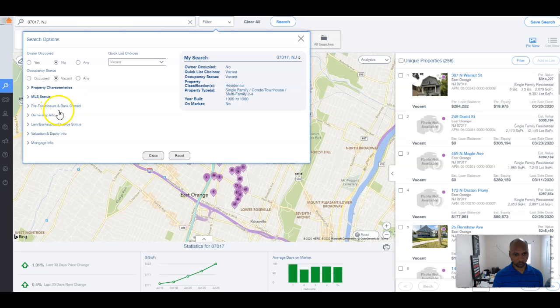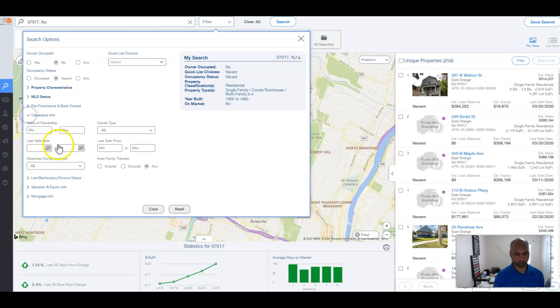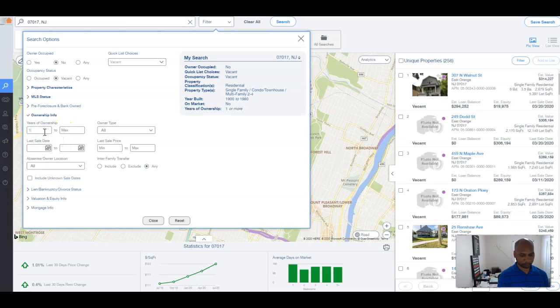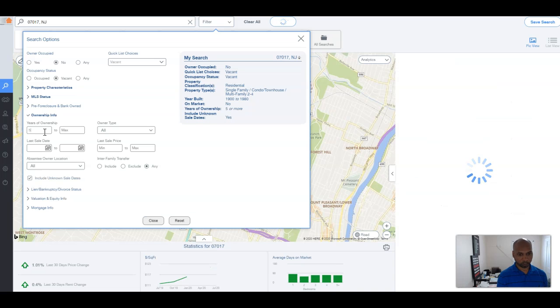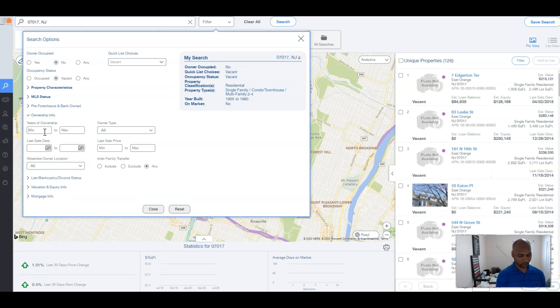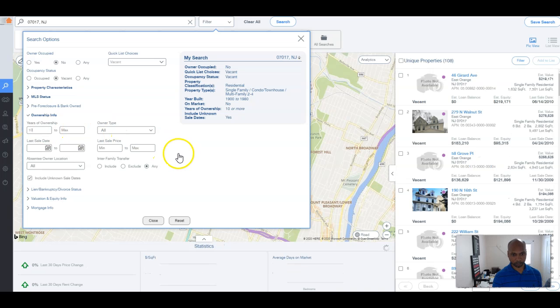Okay. Pre-foreclosure, bank owned. I'm not looking for pre-foreclosure or bank owned properties, so I'm not going to touch that. Ownership, years of ownership. You'll see a lot of people say 10 or more. You can go 5 or more depending on the list. If I do 10 as a minimum, you'll see I have 108 properties. If I do 5 as a minimum,